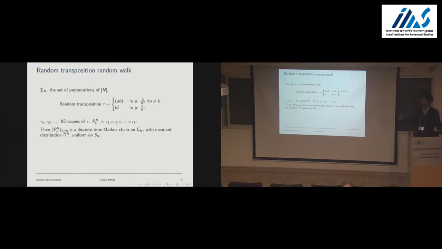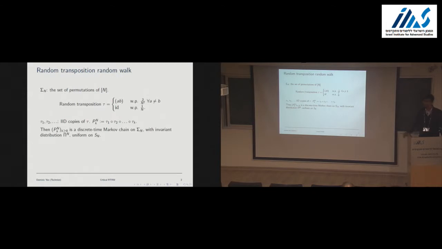but it's not going to make any difference because it's reversible. It'll be a bit helpful for the diagrams later if you think of the transposition AB as substituting the labels that are currently in places A and B. So this is A and this is B. If I'm going to apply it, then I swap whatever labels are currently there. There's an alternate way, which is you swap the locations where labels A and B currently are, but this doesn't make any difference. But if you do what I say, the diagrams later will make sense, and if you don't,